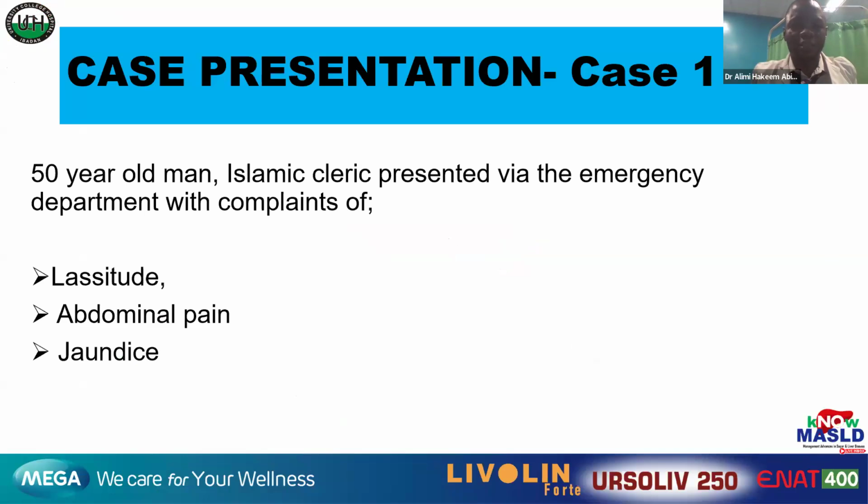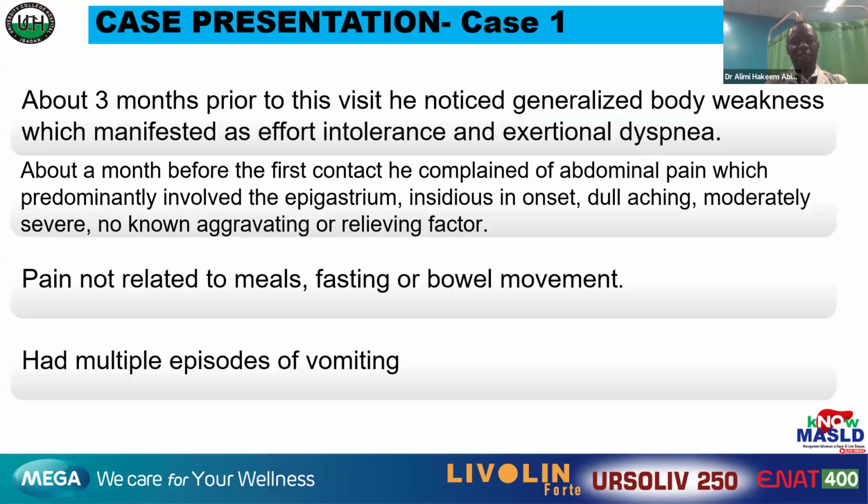So the first patient is a 50-year-old Islamic cleric that presented via the emergency department of the University College Hospital, Ibadan. Presented on account of lassitude, abdominal pain, and jaundice. Next slide. So until about 3 months before he came to the University College Hospital, he developed generalized body weakness